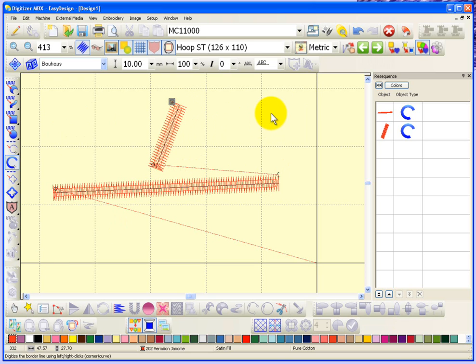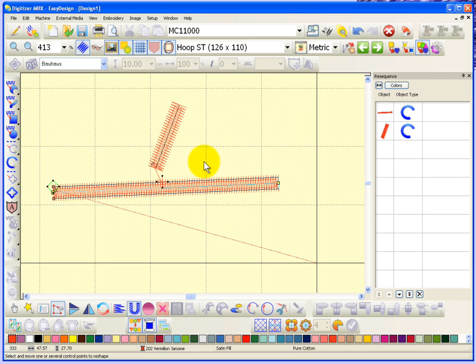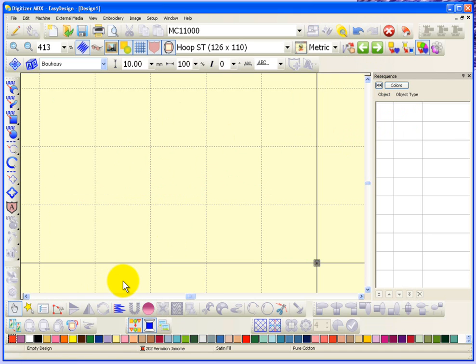Now, of course, we have the ability, if we wanted, to move the exit point of the first object to be here so that it will connect with this object. But you also have the ability to seed this new object within the sewing sequence, and I was going to show how to do that. So why don't we start? I'm just going to select these two objects, Control A and delete. Okay, so we'll create a new object, satin line,